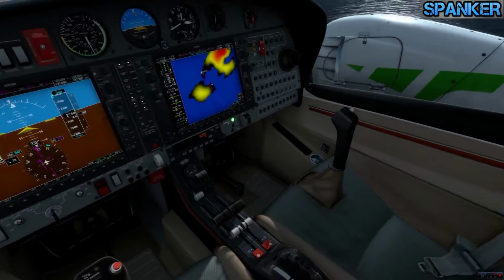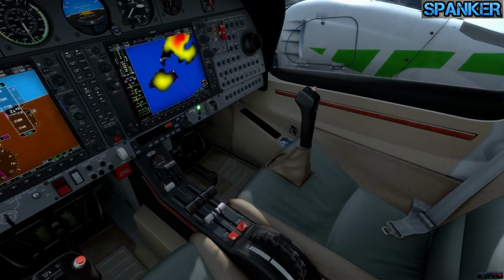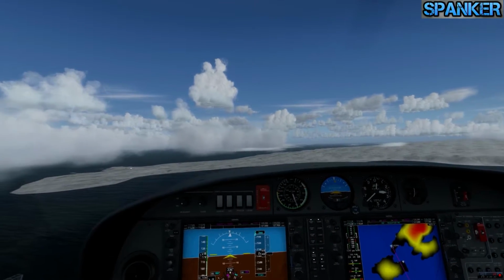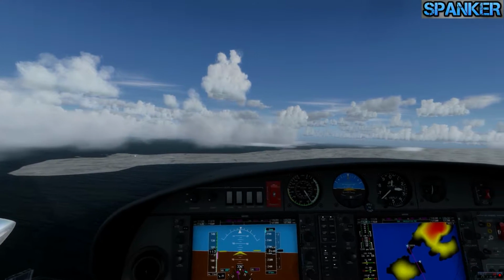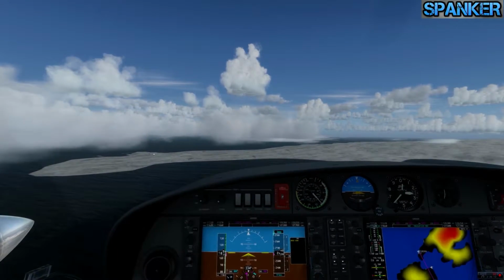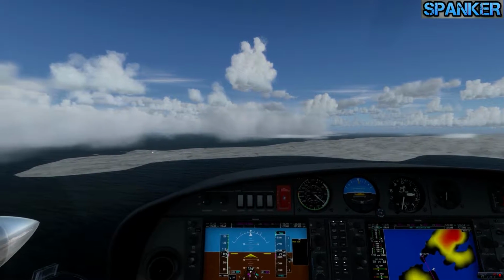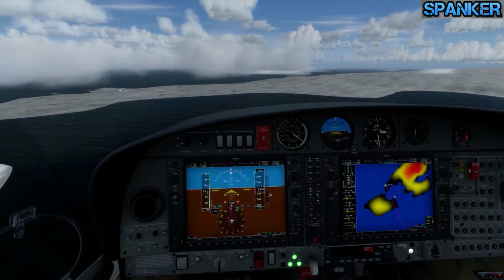What I need to do now is, because the autopilot's been using trim to maintain pitch, I'm just going to reset that trim back down to there, a bit of nose down to compensate. That's the indicator that I'm a bit low on power, and it's asking me to put the gear down. One stage of flaps down. I'm still very high. I'm going to bring that gear down to get some drag. That'll be in my ear all really loud until the gear's down. So gear's down, 2 greens, 3 greens,